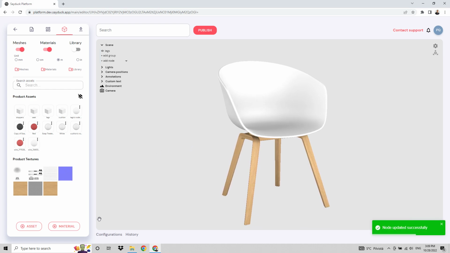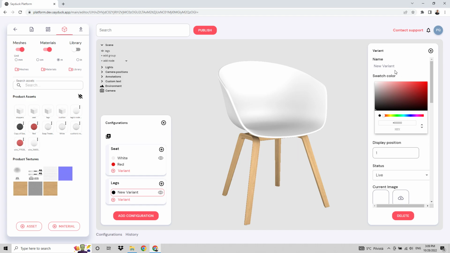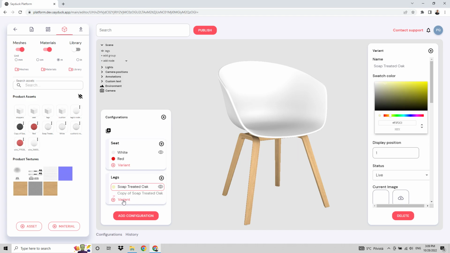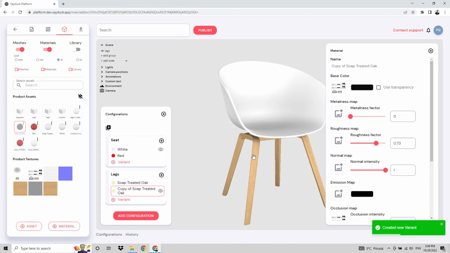material. And you can also access your variants from here if you want to have your resources tab open at the same time. It's easier to customize. So let's name this soup treated oak. Perfect. And now create our second variant, select that, and assign our other